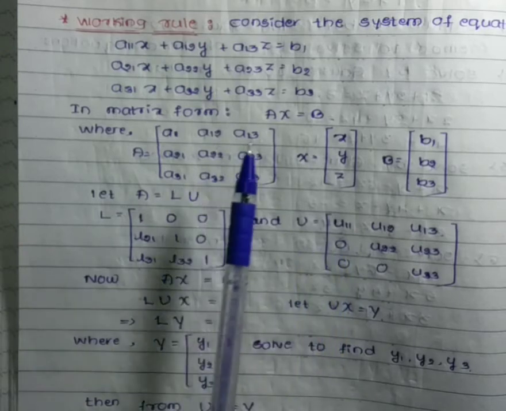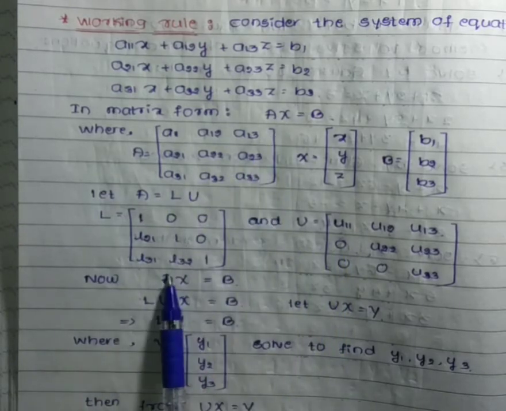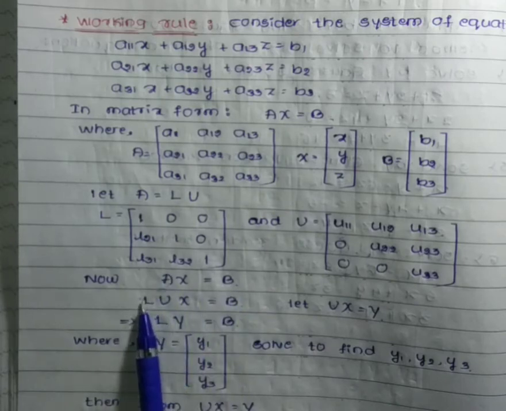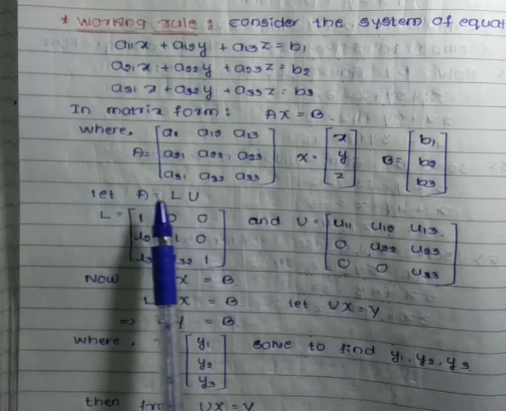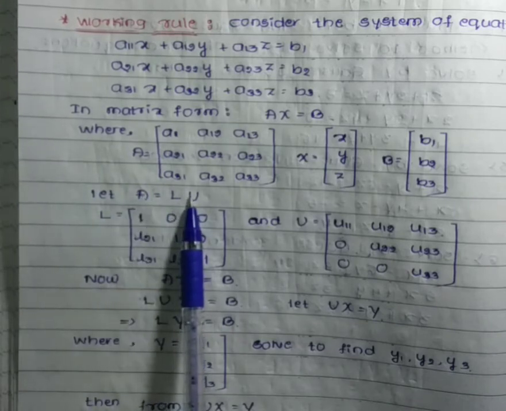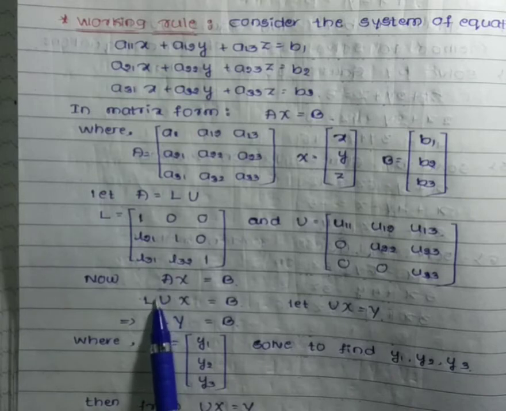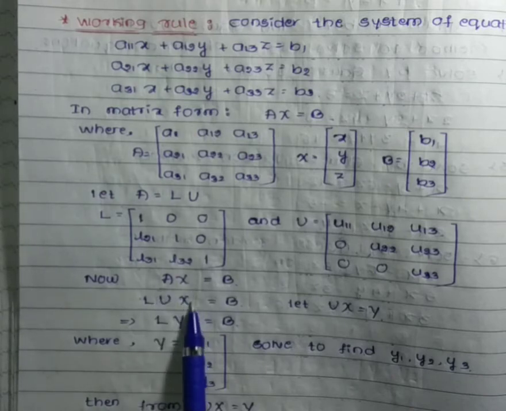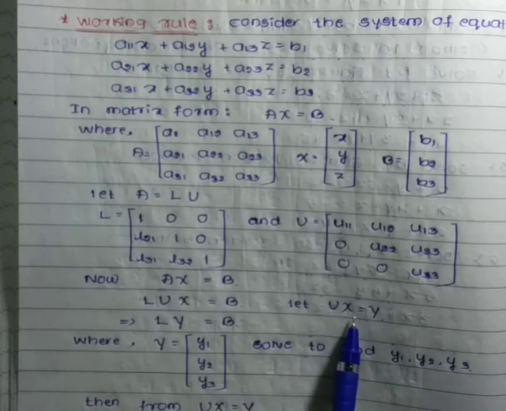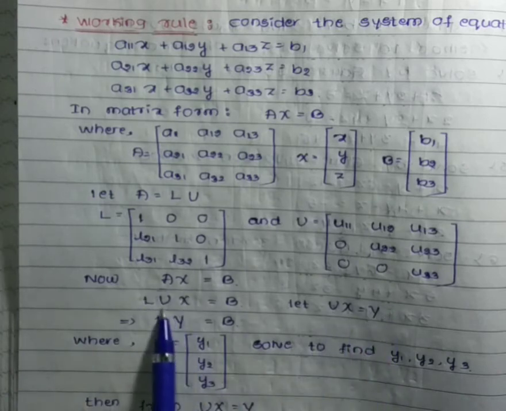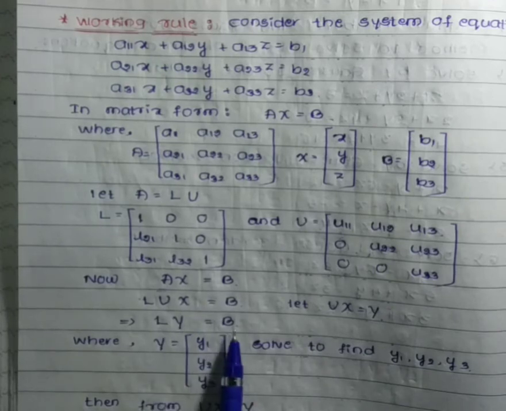After that, the given equation is in the form AX = B, in that A already we are writing as L U. This A matrix we have split, we are writing as LU. So here, in place of A, we can now write LU. Then, in this, Ux we have to consider as Y. So let us consider Ux = Y. Then L as it is, replace Ux using Y. So here LY = B we will get.